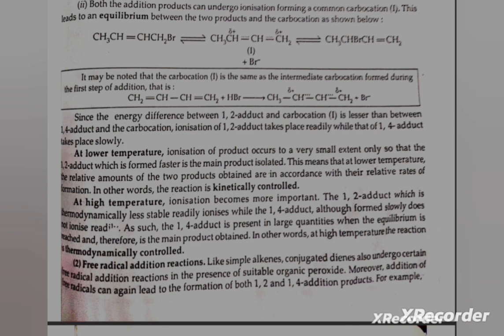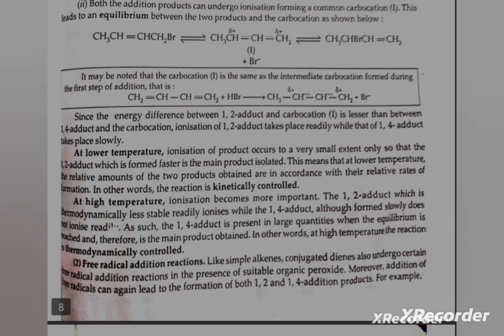Number 2. Free radical addition reaction. Like simple alkenes, conjugated dienes also undergo free radical addition reactions in the presence of a suitable organic peroxide. Moreover, addition of free radicals can again lead to the formation of both 1,2 and 1,4 addition products. For example,